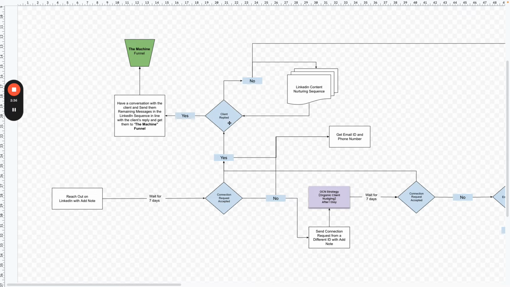But if the client has not replied to your add note but has accepted your connection request, then in this case you will send them a LinkedIn content nurturing sequence. Now, LinkedIn content nurturing sequence means that you need to create 3 or 4 messages that you will send to your targeted niche on LinkedIn, which